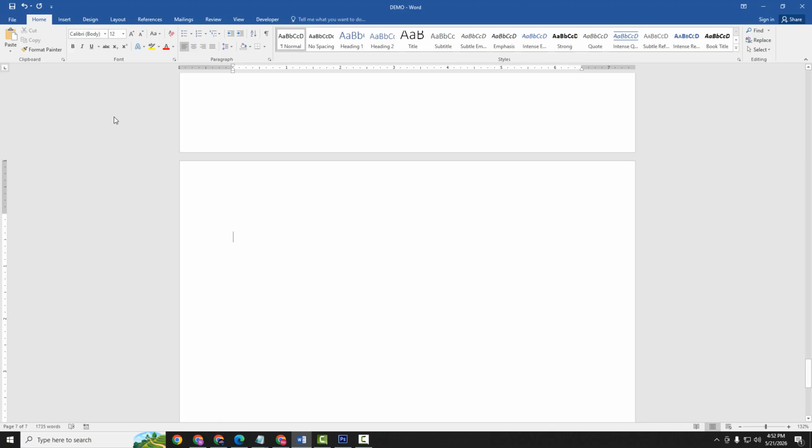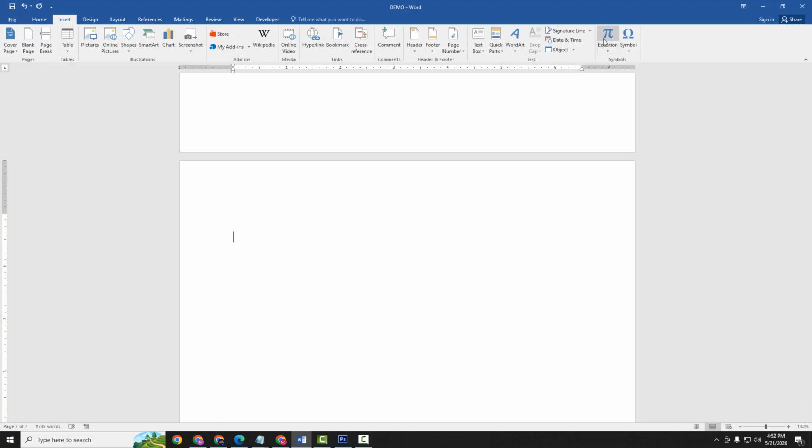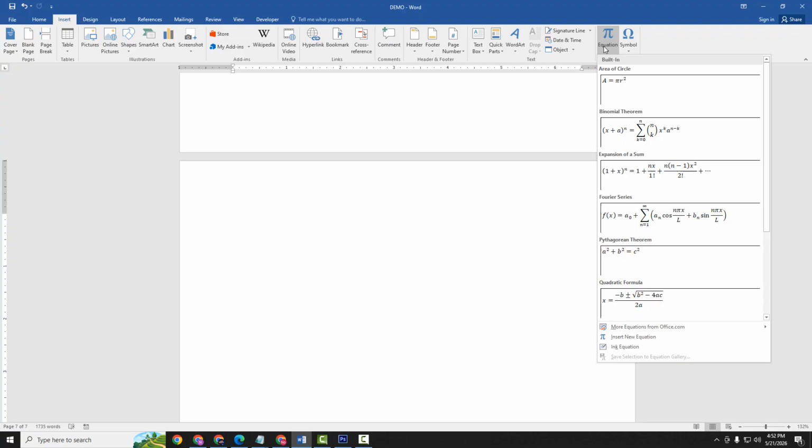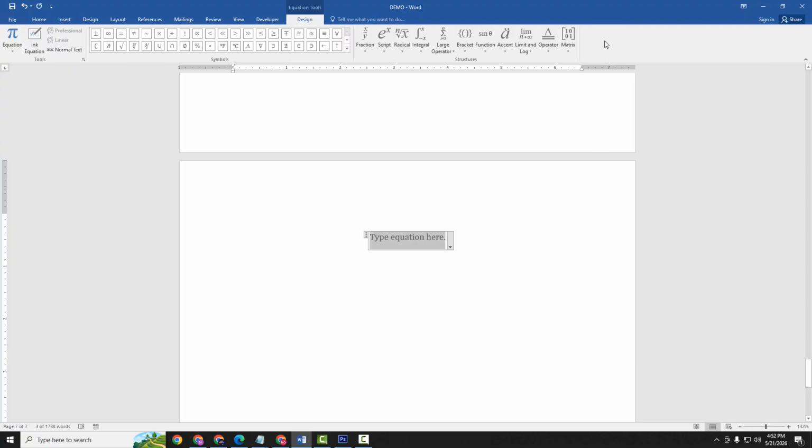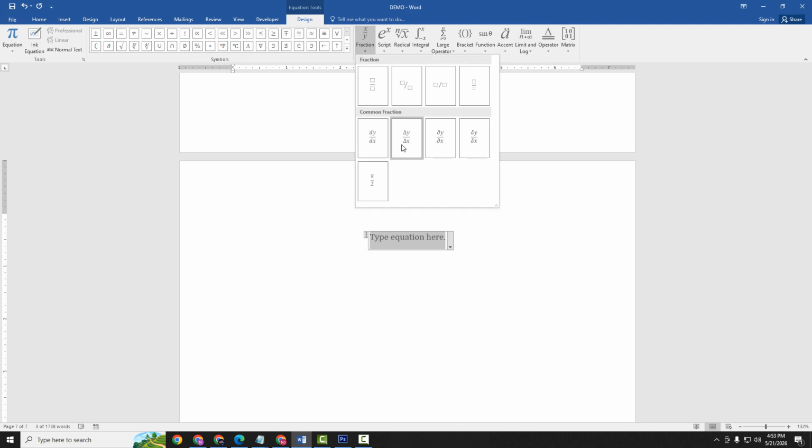At first I open the document, then go to the Insert menu, click the Equation drop-down menu, and we can see many equations here. Now I click the blank equation option, and here are many equation types like function, script, radical, integral, large operator, bracket, function, accent, limit and log, operator, matrix. You can add any. Now I select the function and make the